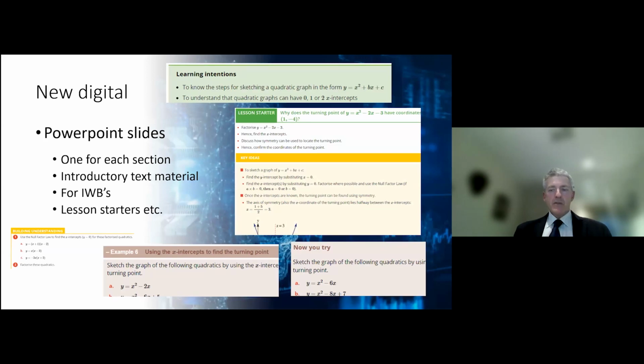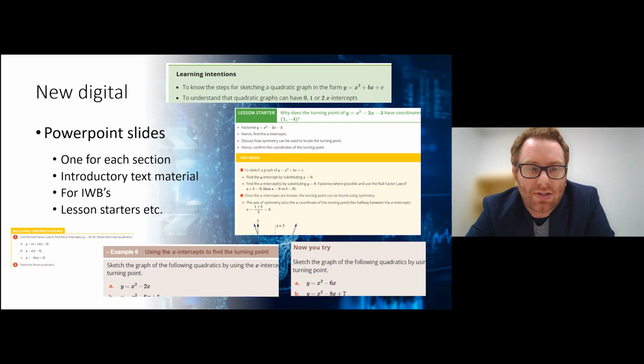One of the other new features we're quite proud about is the PowerPoint slides, where all the learning intentions and the lesson start and all the material before the exercise will be presented together in PowerPoint form. So if teachers did want to use the PowerPoint presentation technique to present some material, they could use this resource to do that. David, I might jump in here just to say that